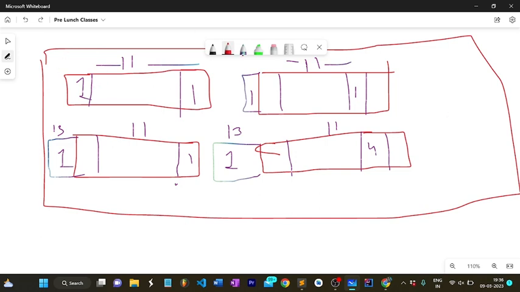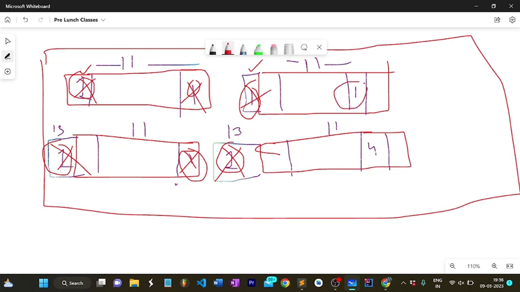So what do you think the XOR of this matrix will become? This is the 12th bit, and this is also the 12th bit. So these will cancel each other, being the same bit in the same position, so this will become 0. Similarly, this bit will cancel this bit, as they are in the same position and are the same bit. So by taking XOR, this will also be cancelled. And similarly the 13th bit and the 13th bit will also get cancelled here. Fine. And the second bit of this number will get cancelled by the second bit of this number. So the complete XOR of these four numbers, I am getting 0.